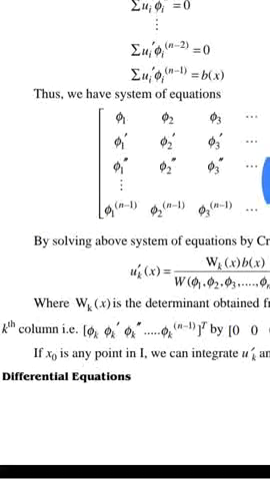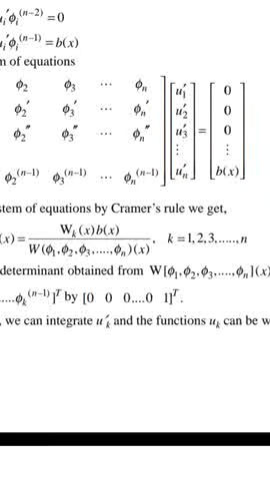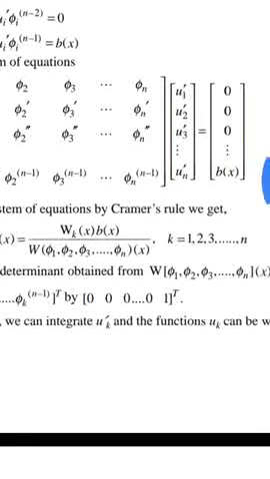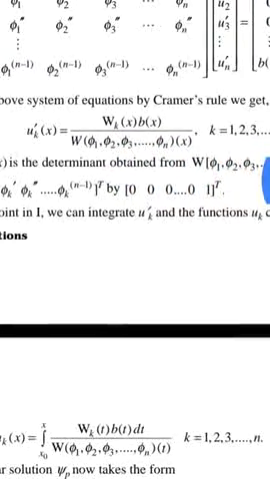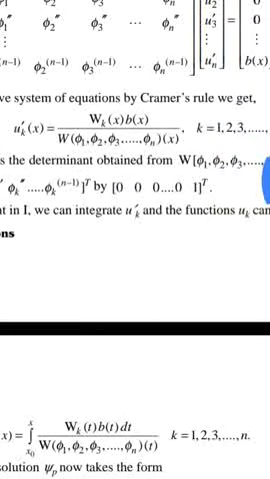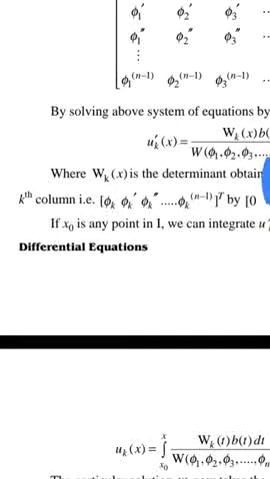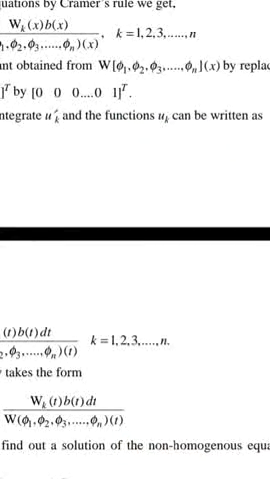Thus we have the system of equations: the matrix with rows phi1, phi2, dot dot, phin; phi1', phi2', dot dot, phin'; phi1'', phi2'', dot dot, phin''; up to phi1^(n-1), phi2^(n-1), dot dot, phin^(n-1), times u1', u2', u3', dot dot, un', is equal to 0, 0, 0, b(x). By solving the above system of equations by Cramer's rule, we get uk'(x) is equal to Wk(x) times b(x) divided by W(phi1, phi2, dot dot, phin)(x), k is equal to 1, 2, 3, dot dot dot, n, where Wk(x) is the determinant obtained from W(phi1, phi2, dot dot, phin)(x)